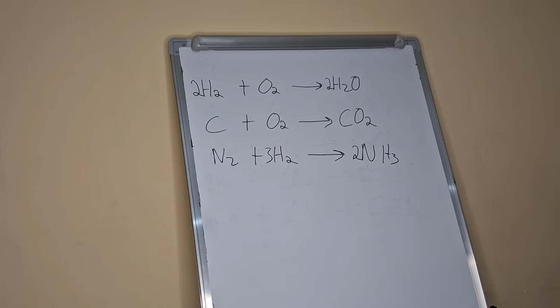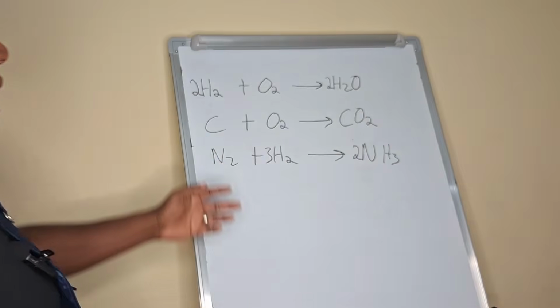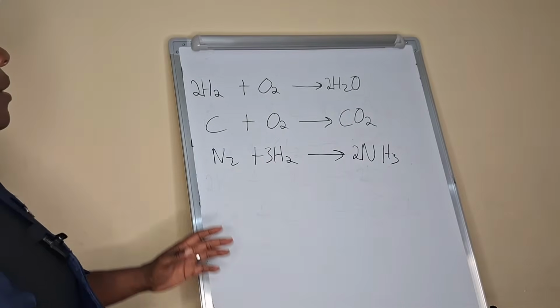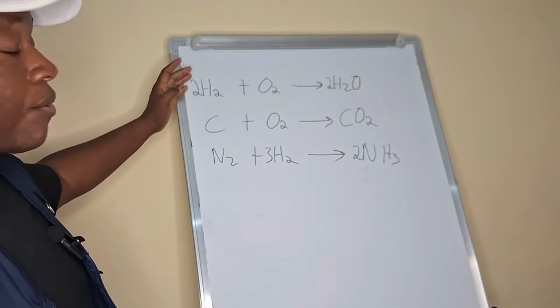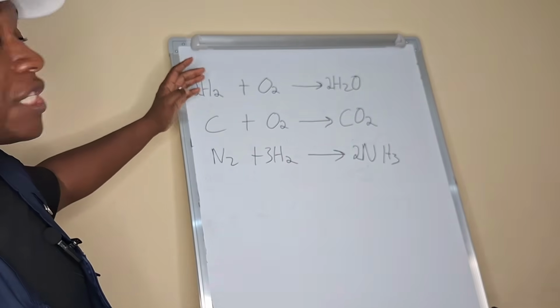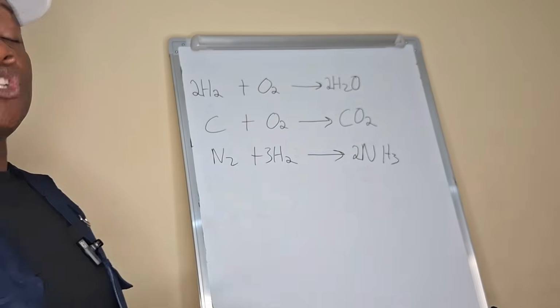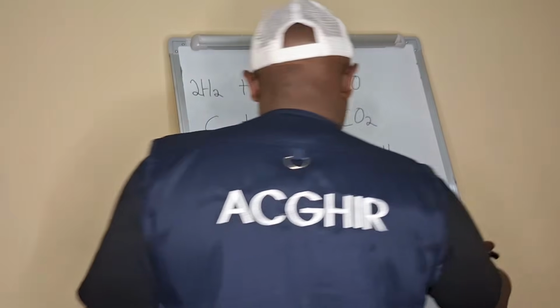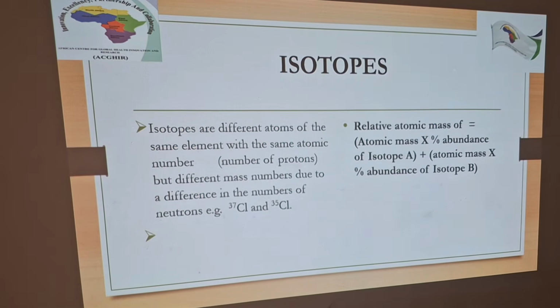Right. We now want to look at isotopes. After we've balanced our equations, we've seen how we balance both equations for covalent compounds and equations for ionic compounds, right? So from the balancing of equations, we now want to proceed to isotopes. If you remember from our bonding lecture, when we spoke about isotopes, we said that isotopes are different atoms of the same element